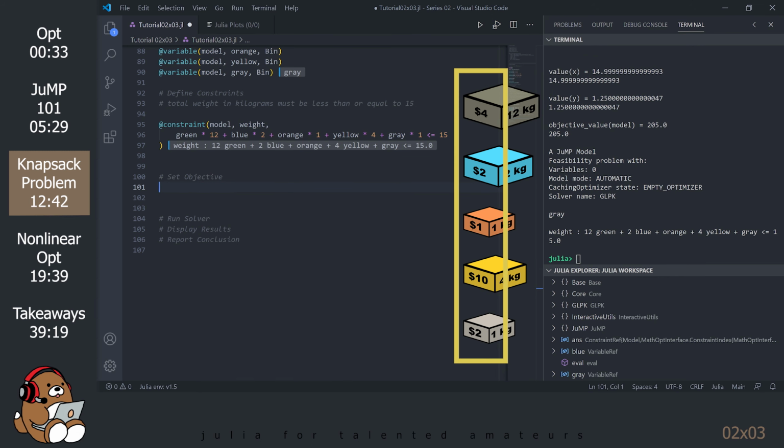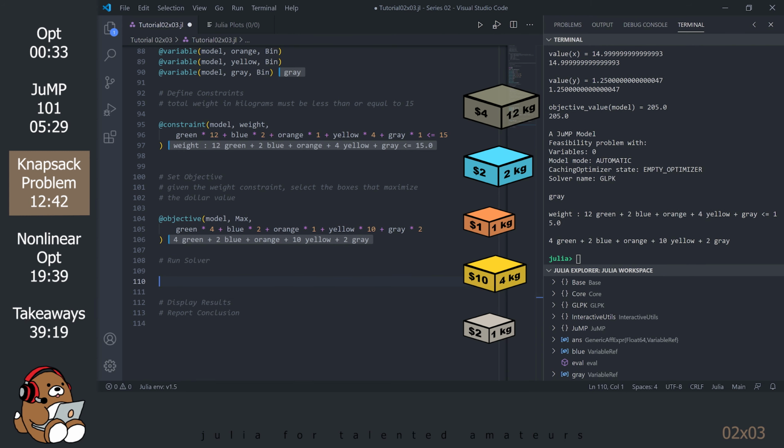Under Set Objective, add a brief description, and then enter in that you want to maximize the total dollar function. Select the rows and hit Shift-Enter.